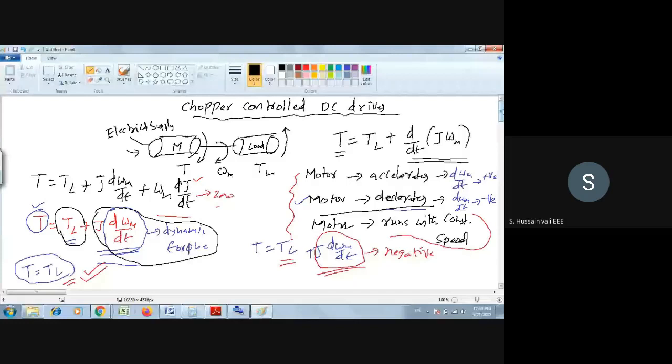First, what will happen when the motor accelerates and what will happen when it decelerates. This is one thing you must understand. And second, what are the four possible operations of any motor? In every operation, you have particular values of speed, torque, and power in every quadrant. These are the things you must remember.